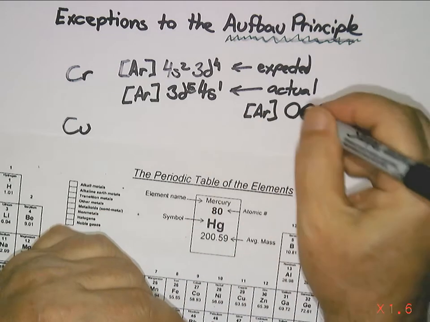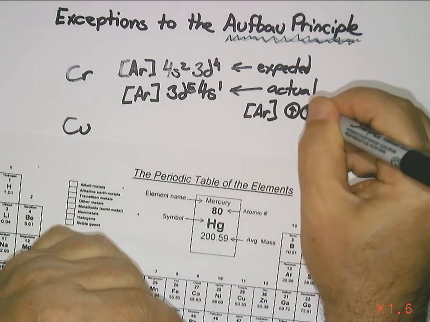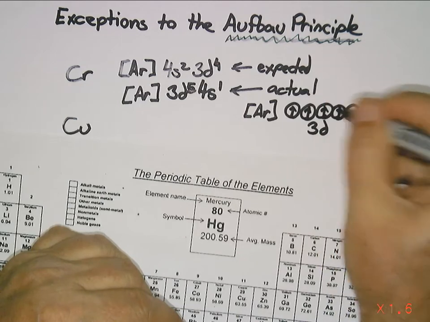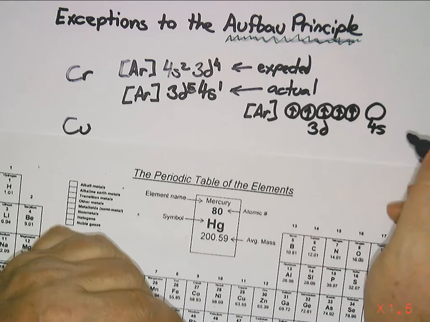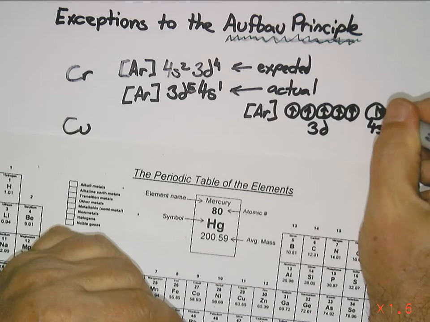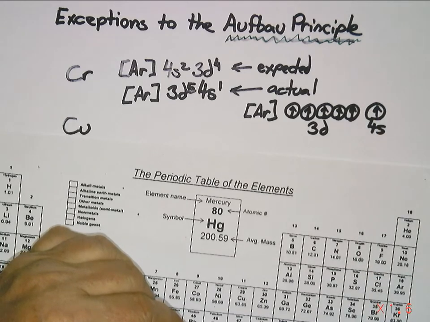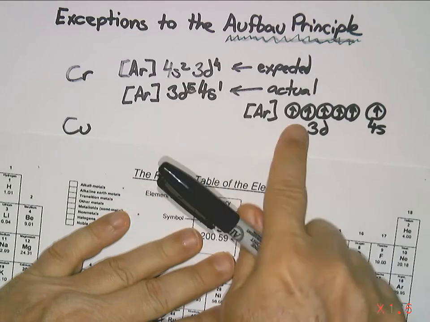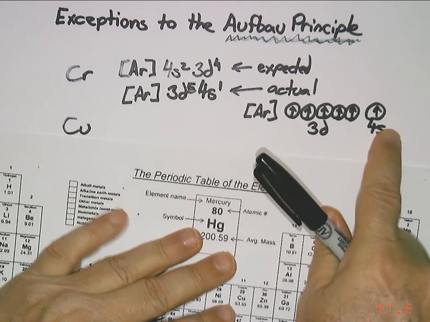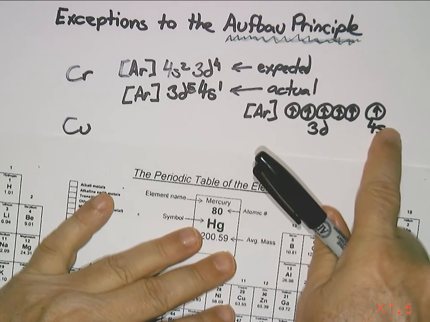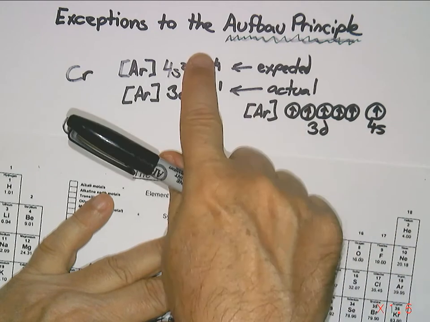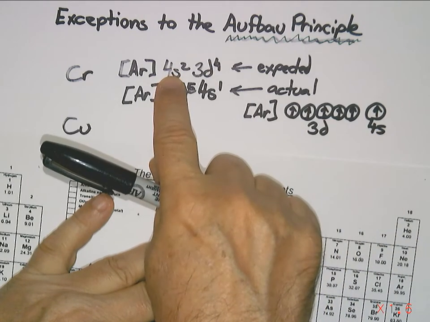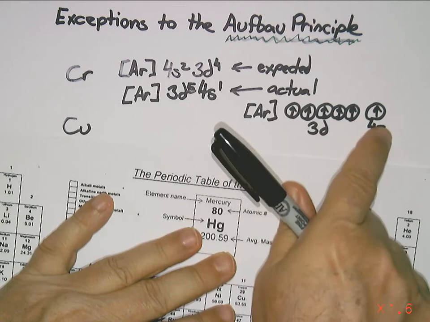And when you have 3d5, all the d's are spread out and lined up, and they can be lined up with the 4s. Now, you've taken those 6 electrons and you've spread them all out and lined them all up. They were as far away from each other as possible. If you'd looked at this one, you have a pair in the 4s, so there would be 2 cramped into